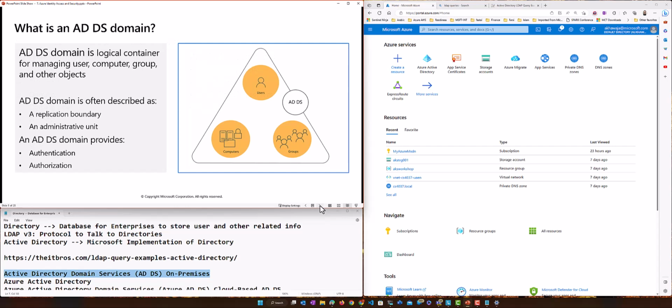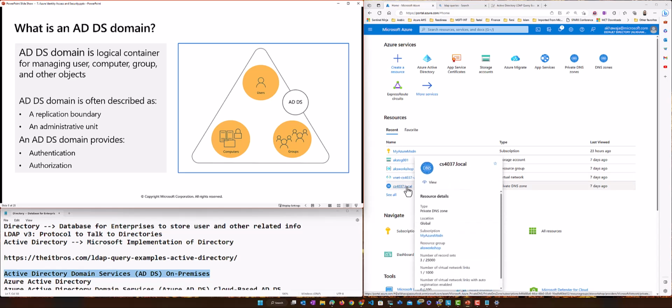Now when you talk about domain, Active Directory Domain Services, right? We said domain services. It's basically, within an organization, a logical container to hold these three things, right? Active Directory Domain Services has a domain, and a domain is like, for example, this was our domain CS4037.local.